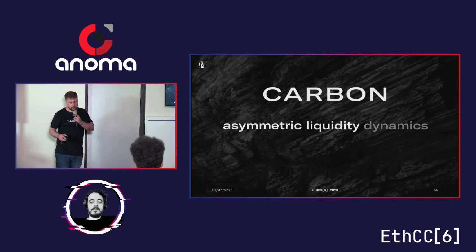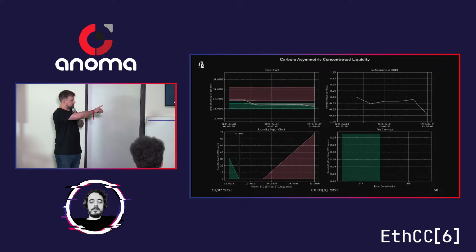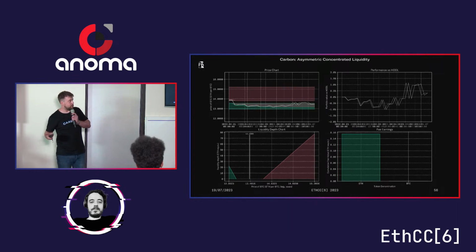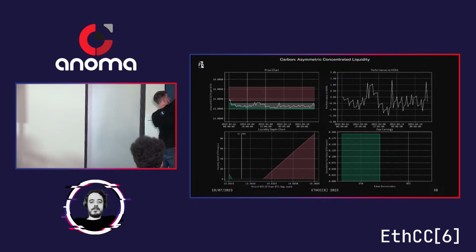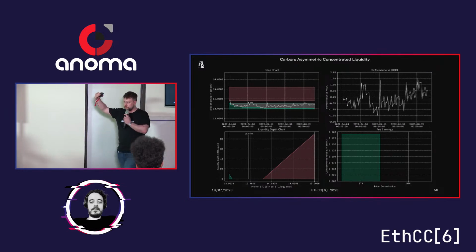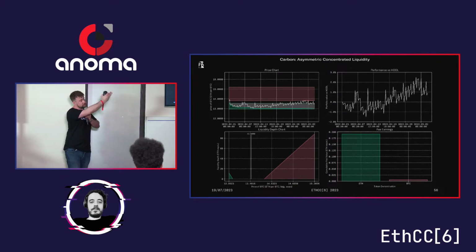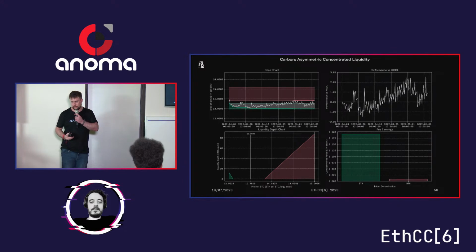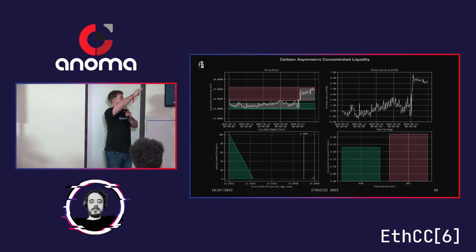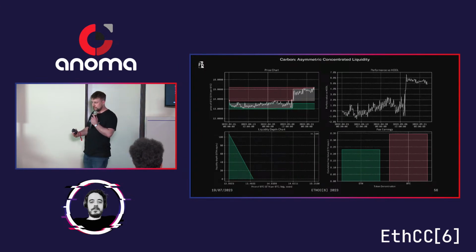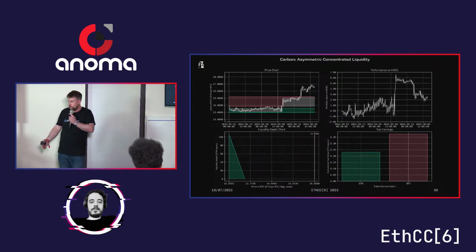For asymmetric liquidity, and this is what Carbon is offering, you'll notice first that the depth chart doesn't respond the same way that Uniswap v3's did. As the liquidity here is being depleted, the price point that the user has set is not coming down to match it, right? We are continuing to observe the price bands that the user set. So if they said that I don't want to sell my Bitcoin for any less than 14 ETH, then we won't sell any Bitcoin until it gets to 14 ETH. This is exactly how the